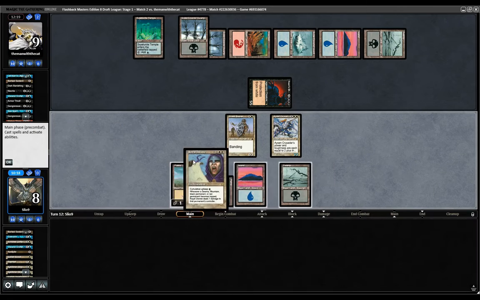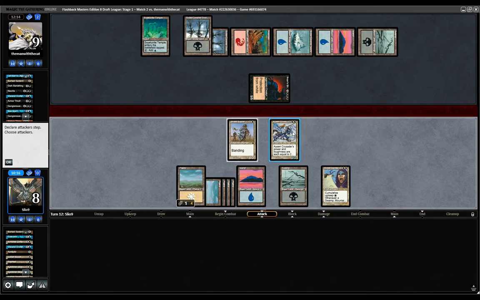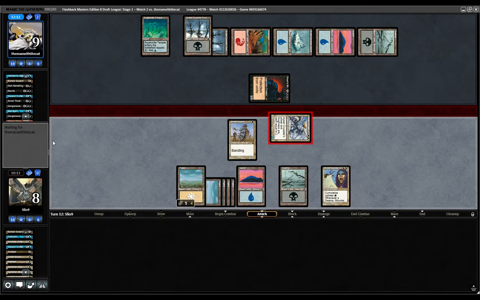Sadly, they've killed most of our flyers, and this is going to make them not attack with their Ishan Shade, maybe. They'll attack with the Ishan Shade. 1 damage is worth it. Yeah, because they do have us dead in 2 turns. The thing is, so this makes our clock...